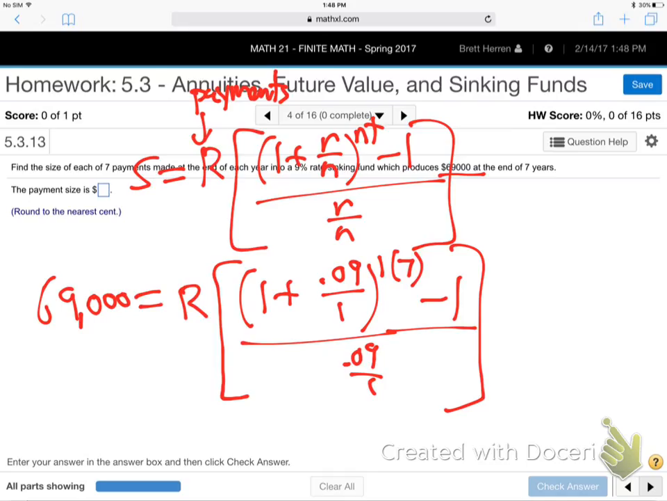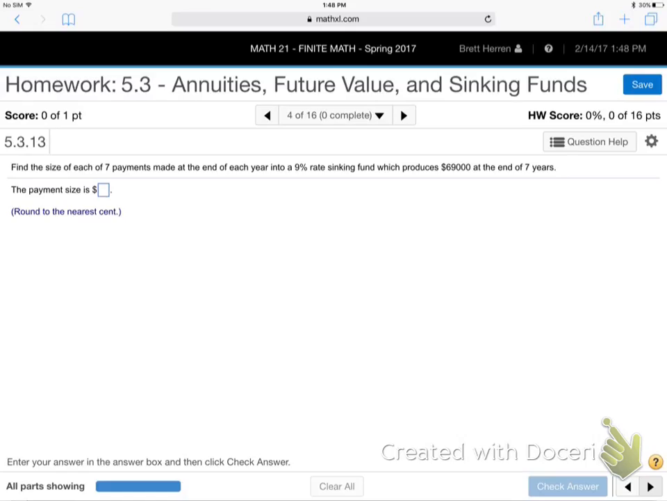Everybody good to there? So basically we have to solve that for R. So how can we do that? We got to divide both sides by that big mess. Let me show you an easy way to do that. So I'm going to bring it over here and write it out again. So what was it again? It was